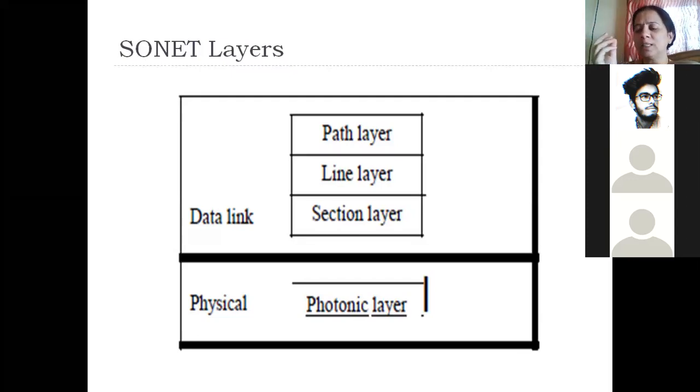Maybe a few functions here and there, but most of the functions that you find in the TCP/IP reference model or OSI reference model are implemented in SONET. The only thing is, we are talking about a standard which allows the transmission of data in the form of light. So these 4 layers will ensure that the data moves smoothly between the end devices.